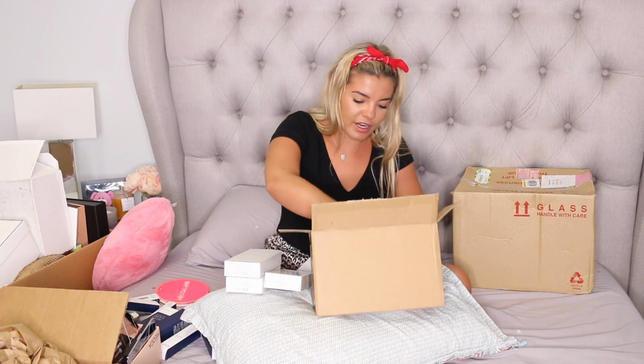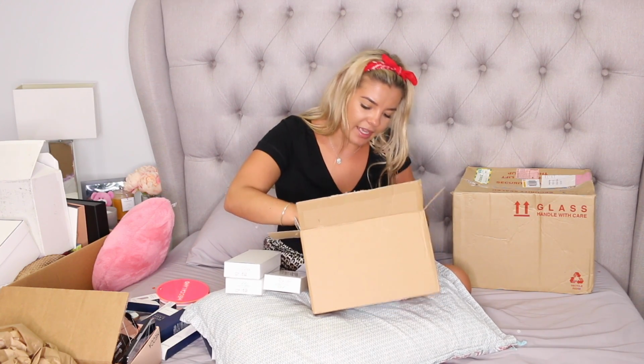Oh, this is my Model Rock order. So these are the lashes that I use on my clients. I just ordered some 212s, which is what I always order. More 212s. I ordered some Duo Lash Glue. I ordered some tweezers because mine went missing. And then 236, which is another one of my favorites. And then I think I ordered a different pair. Yeah, 249. I want to have a look and see what these are compared to the